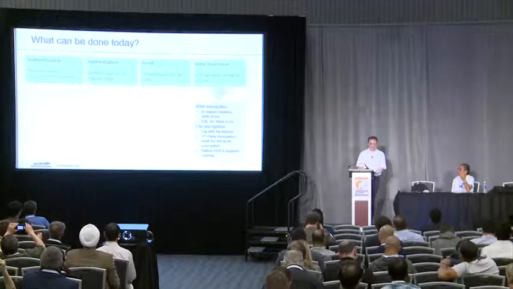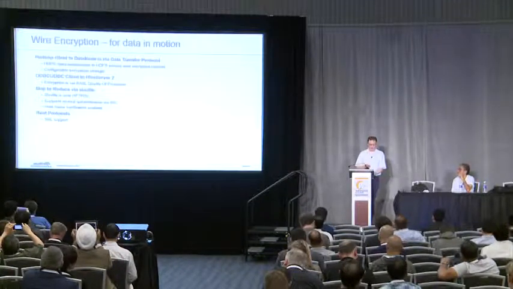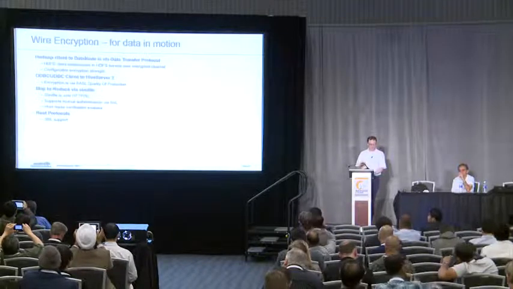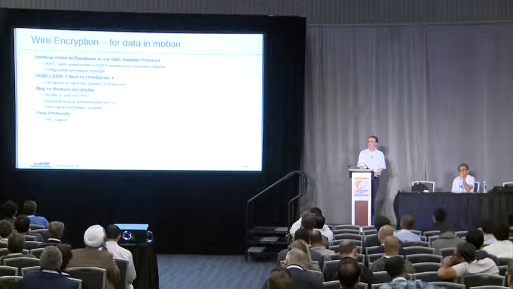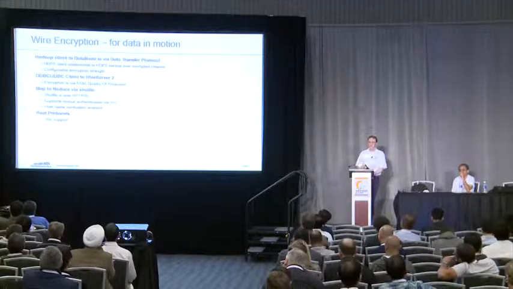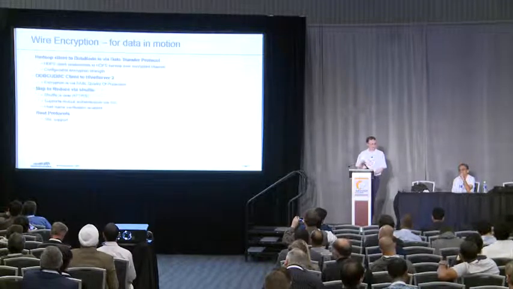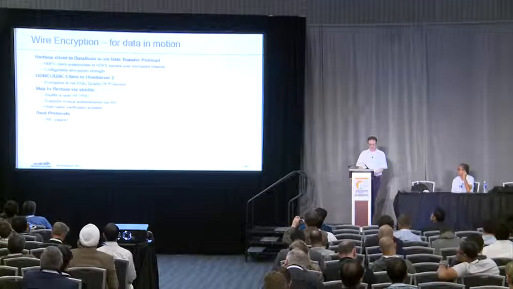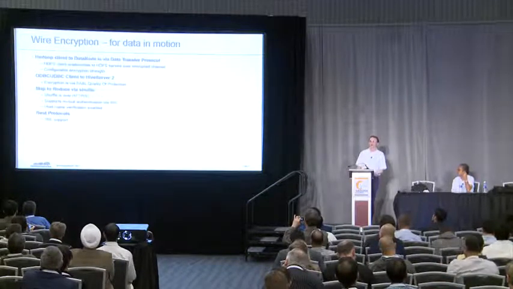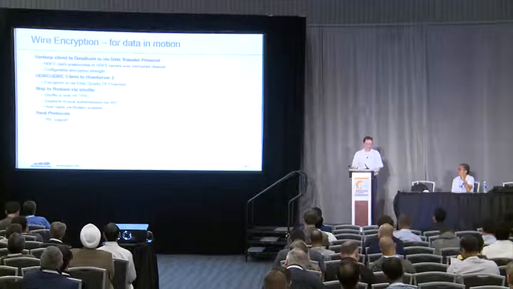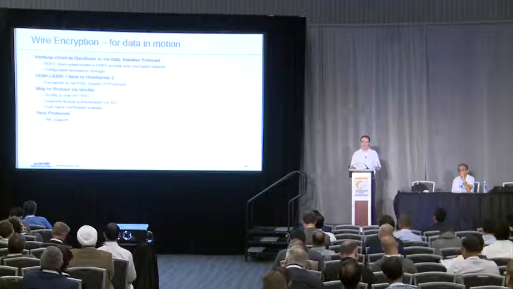I'll quickly discuss some data protection features now, state of encryption. First, on-wire encryption. We support encryption between the HDFS client and the data node. We support a configurable encryption cipher strength, depending on your requirements. Hive Server 2, similarly, has encryption provided via SASL, simple authentication and security layer, which is a standard for protecting